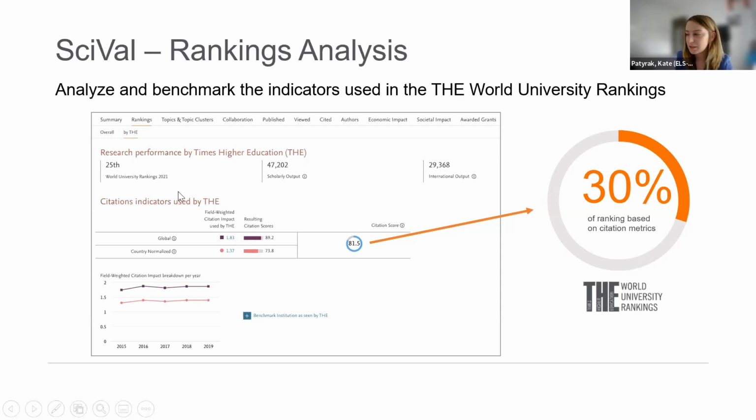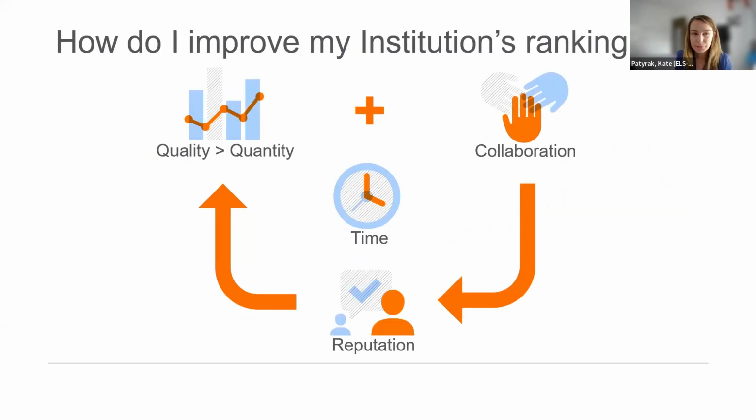You can already see here that we have the global and also the country normalized citation score, which is, by the way, counted also by the FCCI for 5 years for the country normalized and for the global one. So